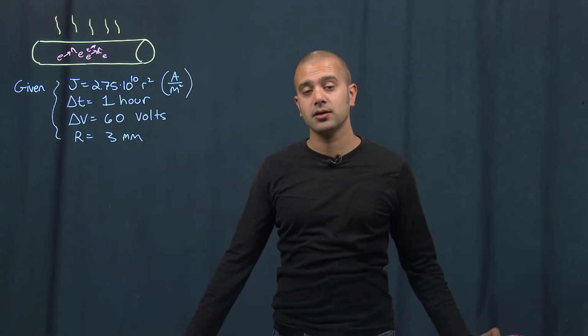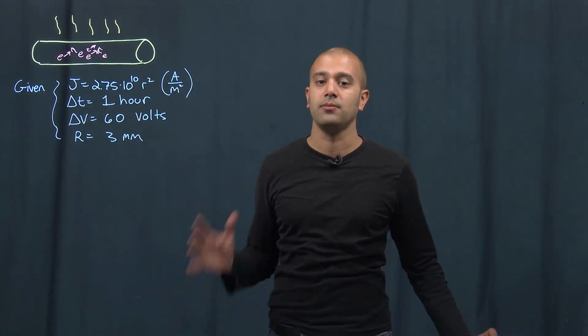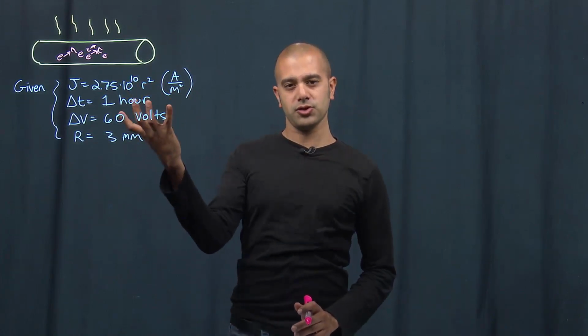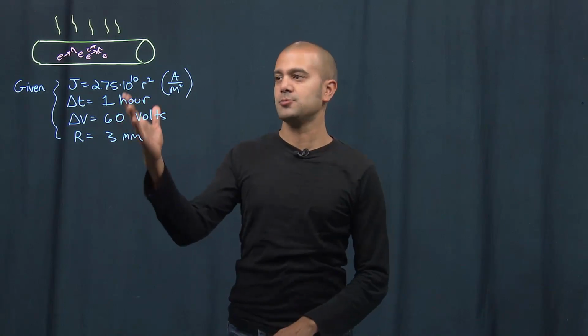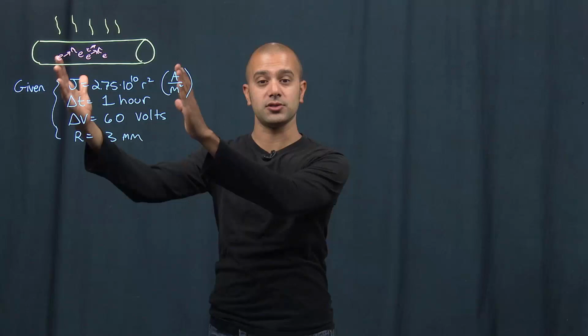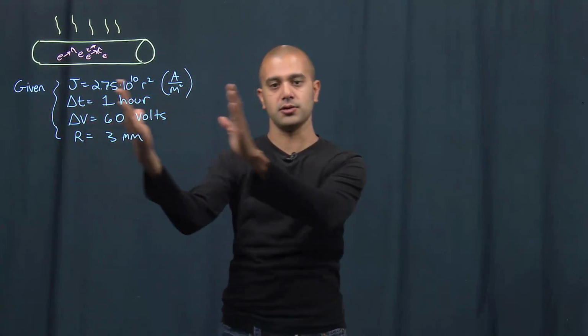This problem is asking us for energy loss in a certain amount of time through a current carrying wire. Now, physically, what's happening? Why is there energy loss in the first place? The reason is that when you hook this wire up to two ends of a battery and you have a voltage difference across it, the electrons are going to want to start to move, to accelerate